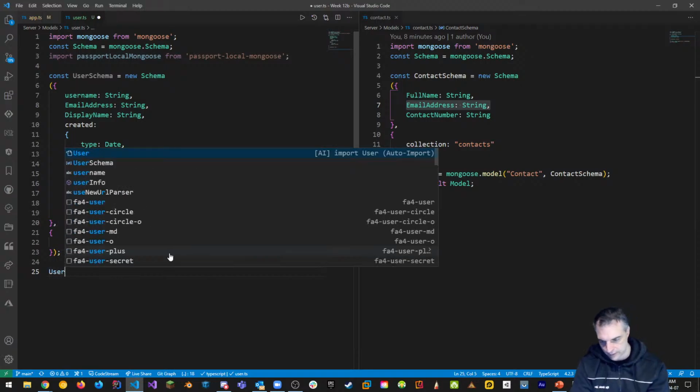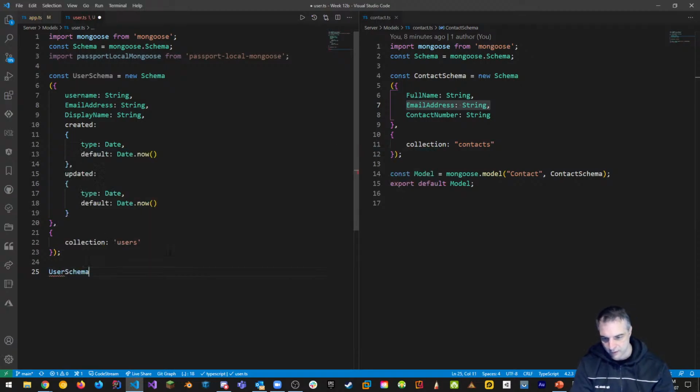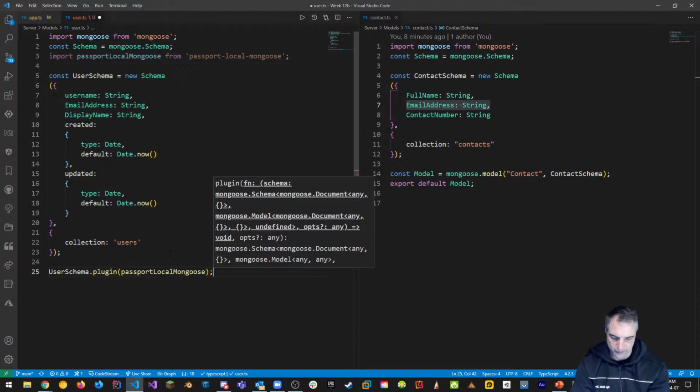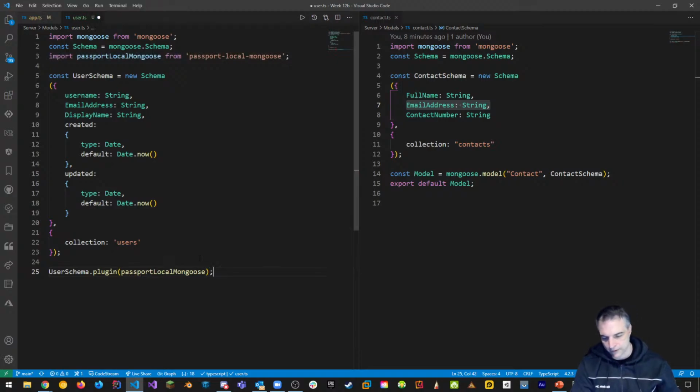So first we want to say, hey, user schema, now that you've created an object called user schema, I want to add in a plugin. So the schema for Mongoose actually allows plugins. And one of them is you want to use this Passport Local Mongoose plugin. All right, so that's something that we can associate all the functionality from Passport Local Mongoose into our regular Mongoose schema. So normally we're just using a Mongoose schema, which connects to MongoDB, and we're adding Passport Local Mongoose as